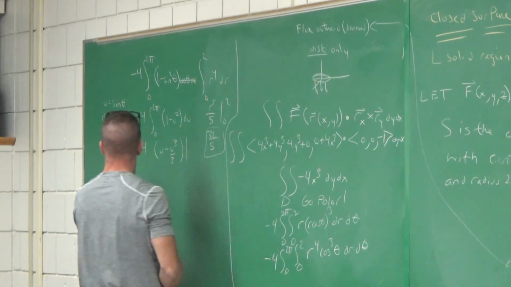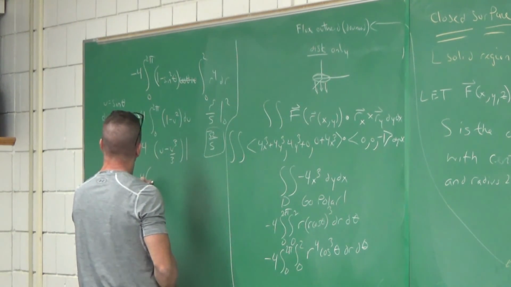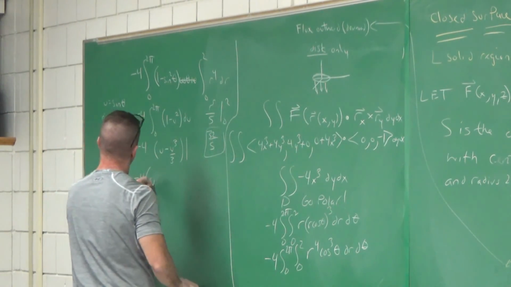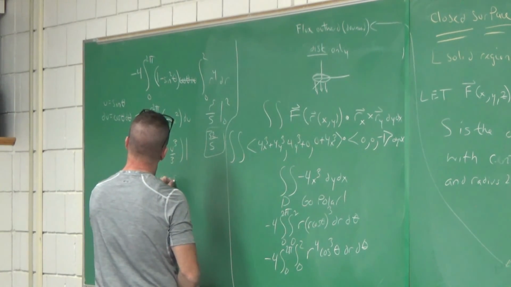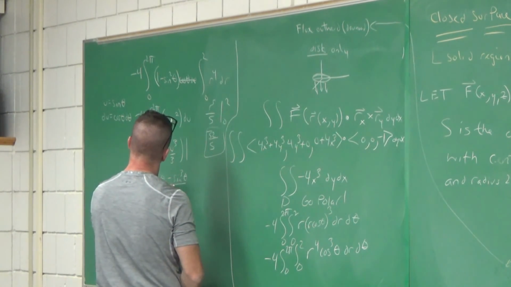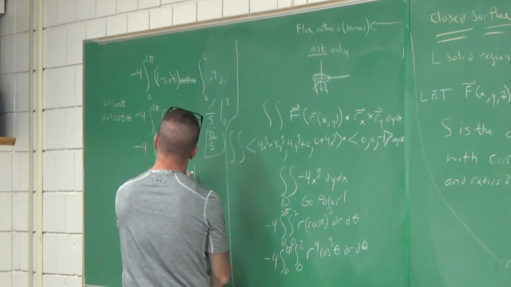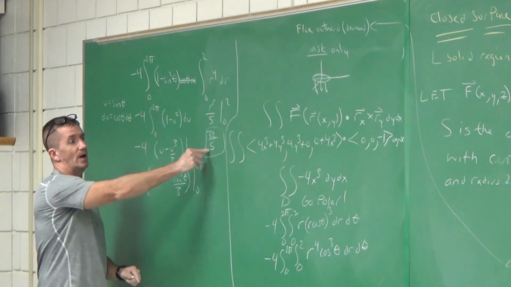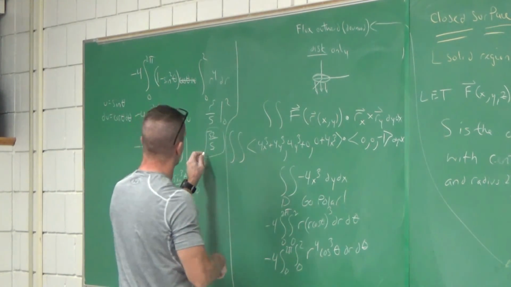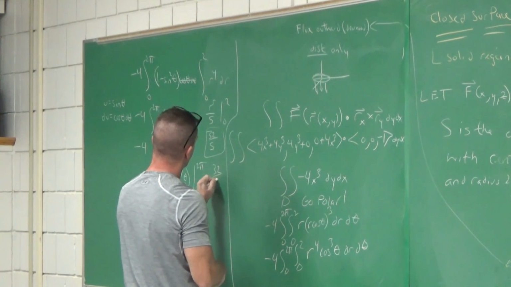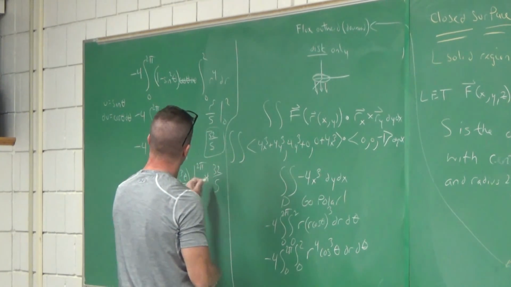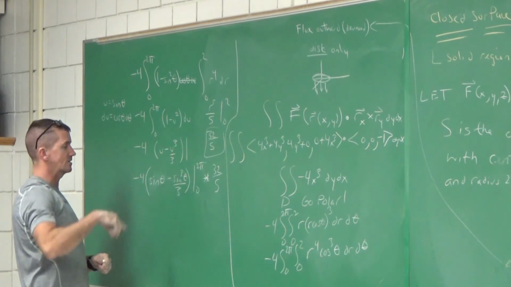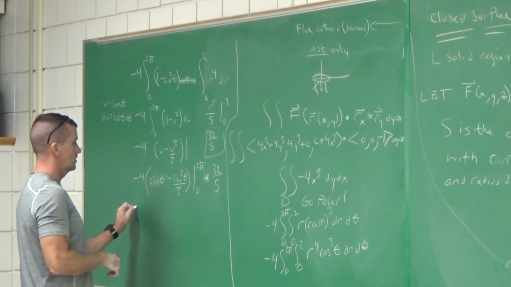Now put your u back. What was u? U was sine theta. So sine theta minus sine cubed theta over 3, and we're going to go from 0 to 2 pi. I'll get this answer, and I'm going to multiply it by that 32 fifths. I want to make sure you don't forget about that 32 fifths right there. Multiply the 32 fifths with r to the 4th. Take this, subtract it from that.